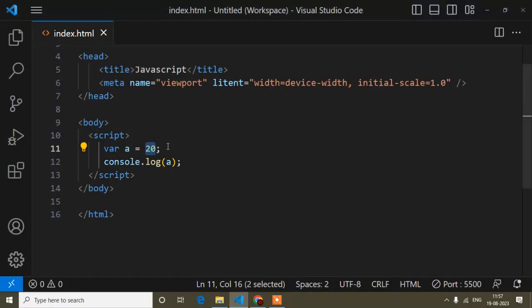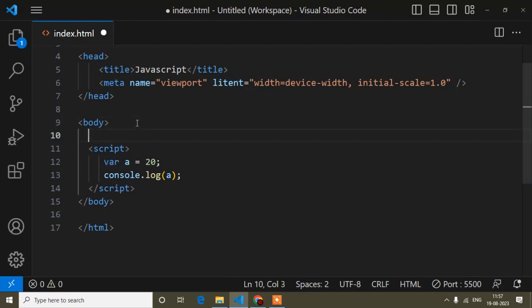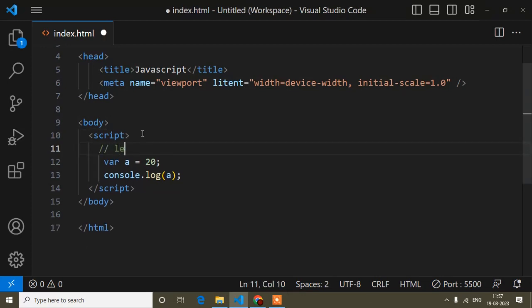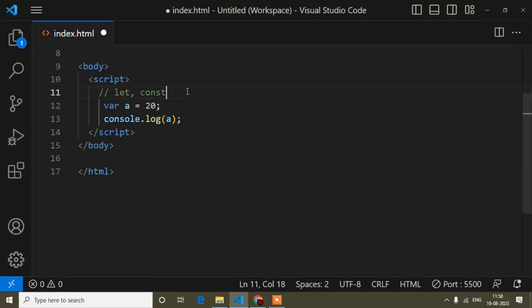For defining a variable I have used the var keyword, but there are two other keywords, that is let and const. Here I will write let and const, and var also. So var I have shown.